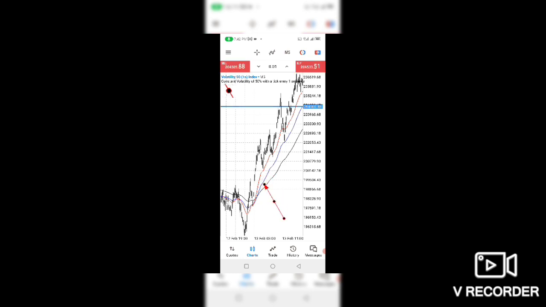If they are touching each other, it means the signal is weak, so you have to wait for them to separate. They cannot be at equal distance from each other, but at least there should be a fine separation. When this happens, make sure the blue line is in the middle, because it's a range absorber and also controls the risk. And then whenever price comes and touches the red moving average, that is the time you are going to enter, because it is now the signal provider.